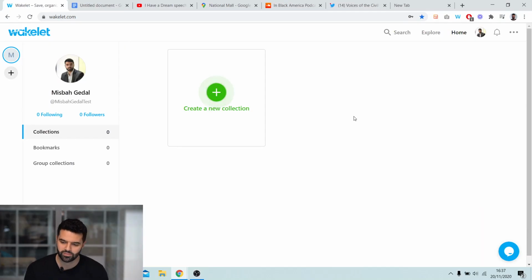What you should see before you is the Wakelet home area. Now, those of you who have never had a Wakelet account before, and this is your first time learning about Wakelet, go ahead and sign up. It takes just a few seconds. And when you do sign up, you will be in this screen here. On your profile area, you can add a profile image and a description. But in your home area here, you will be able to see this glowing orb that says create a new